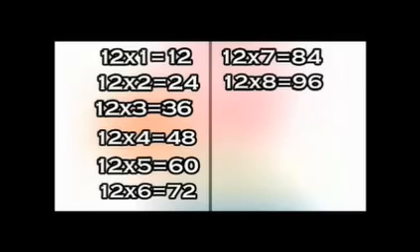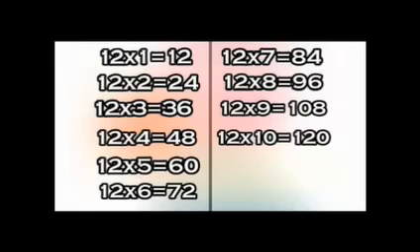Twos are 24, 12 threes are 36, and 12 fours are 48, 12 fives are 60, 12 sixes are 72, 12 sevens are 84, 12 eights are 96, 12 nines are 108, 12 tens are 120, 12 elevens are 132,